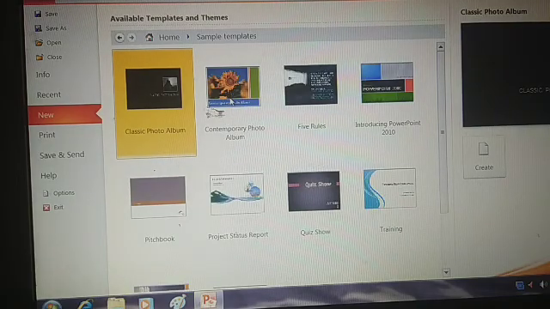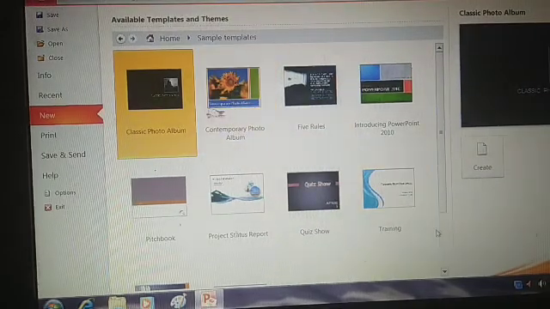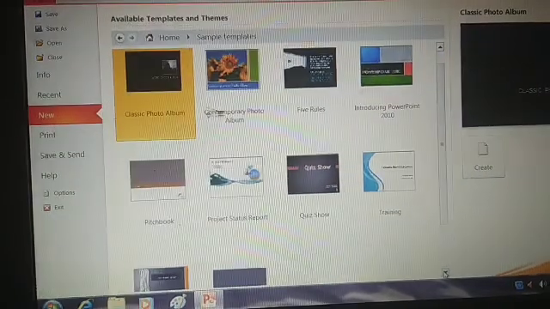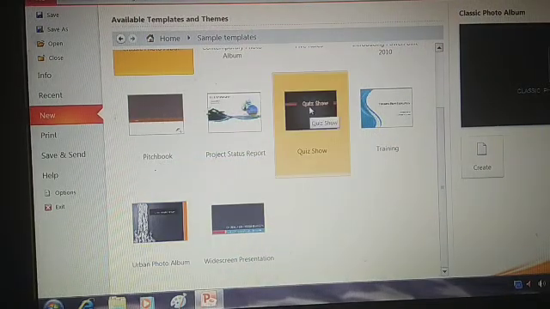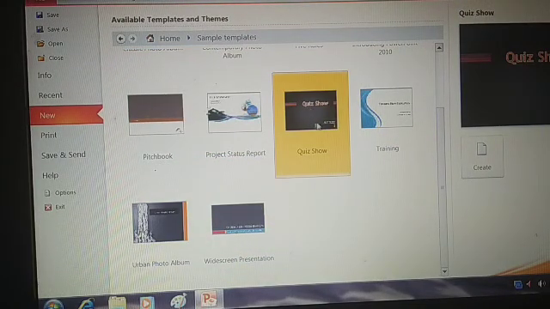When you click this, this is your gallery of available templates. What is it? A gallery. You can see so many templates are here. You want to prepare a quiz show, so you can choose this one, quiz show.